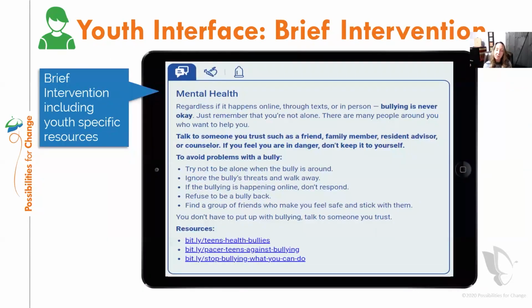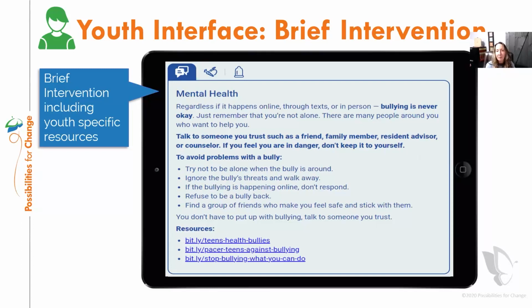And then in addition to the screening, the RAPS provides some brief interventions, because one of the challenges can be that when you've identified risk, what do you do with that information? So these were developed using a motivational interviewing framework, which we're going to get to in the next minute or so, and includes ideas for either getting help or being safer in a behavior or changing a behavior. Those are the bullets that you'll see in those interventions. And then an affirmation or a self-efficacy statement, which will be a statement at the end of the message.